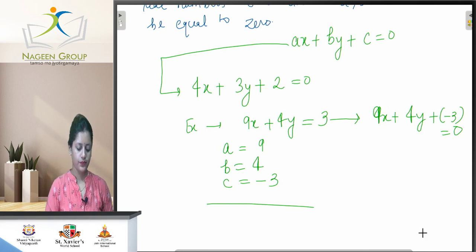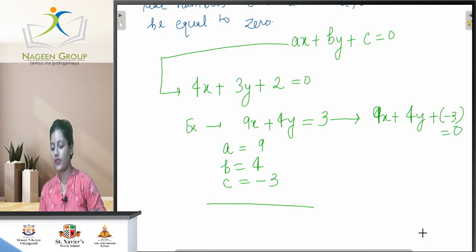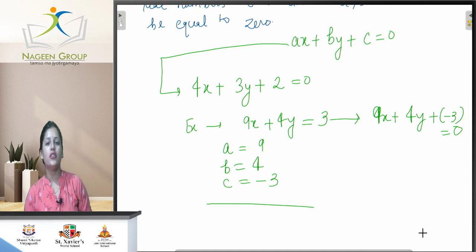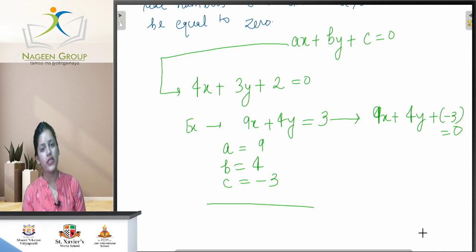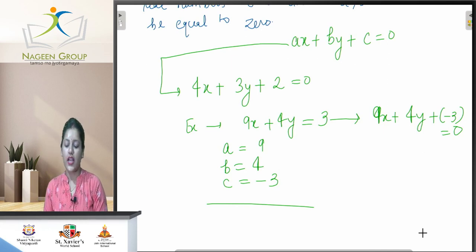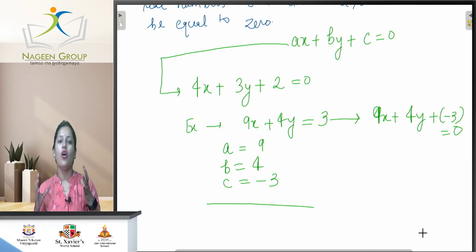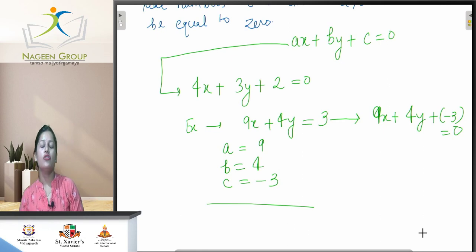Now this is the end of our first class, which only shows what a linear equation in two variables is, in which we have learned the very basic terms: what linear means, what equation means, what two means, what variables means. I hope you understand it. We are also going to teach you the definition of linear equation in two variables. The second class is mainly about linear equations, and the next class will show you the solution in one variable.